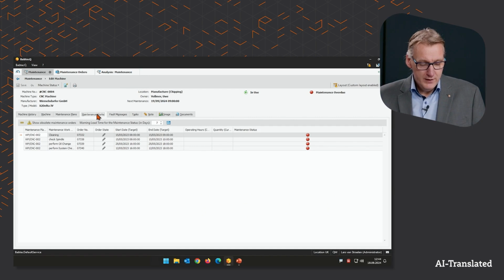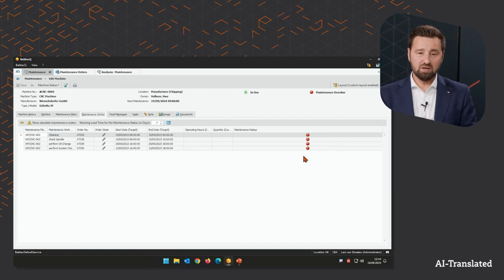The workflow is a list of maintenance orders, which are displayed here. You can already see I'm not very diligent in that regard. That's why I only have red statuses at this point, because all these steps are currently overdue.